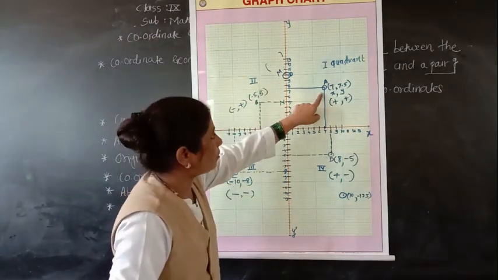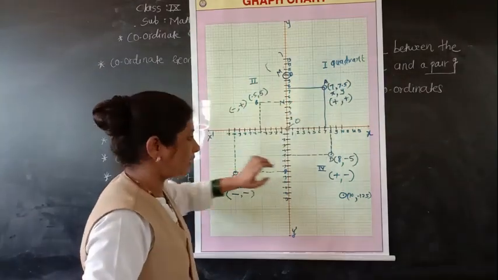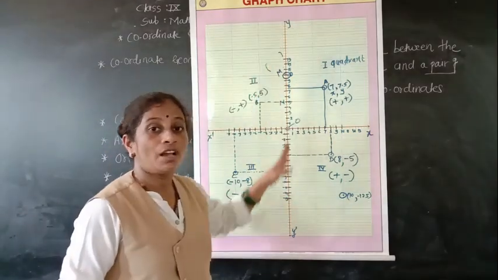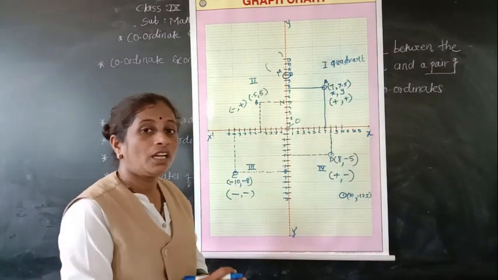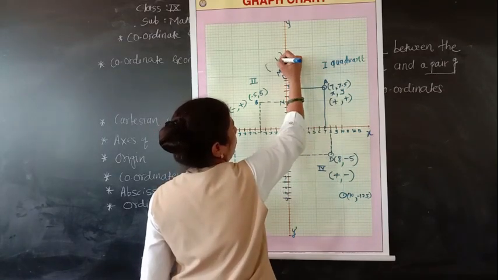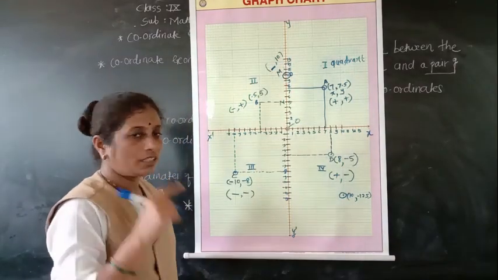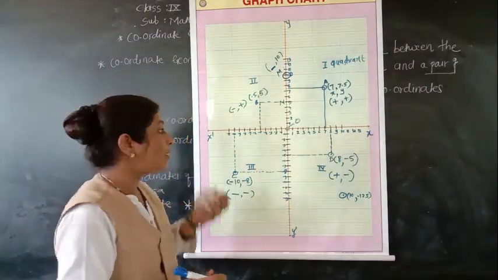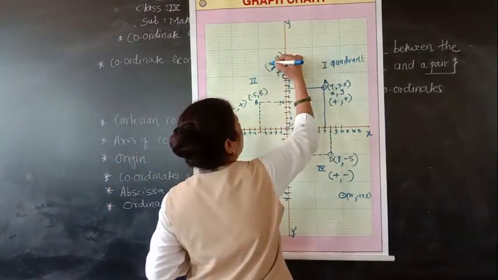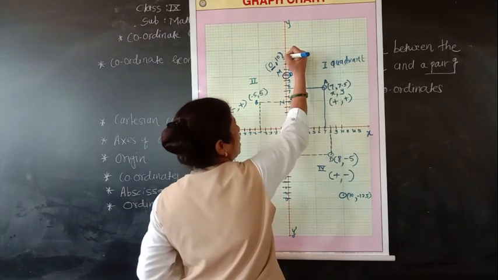Here, as you can see, all these points are in a quadrant part. But this point N lies on which axis? Y axis. Okay, so here there is only the y point. Which y point is here? 10. So only the y point is there, but the x point is not there. Not there means it is 0. So the x coordinate is 0 and the y point is 10.